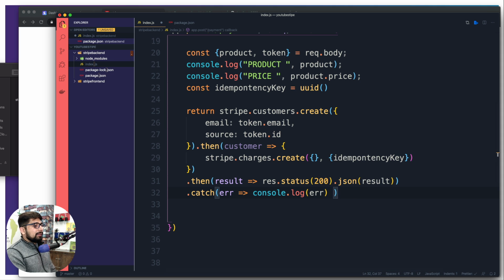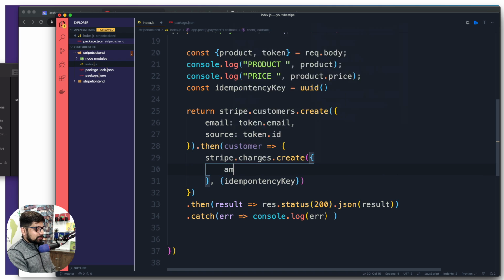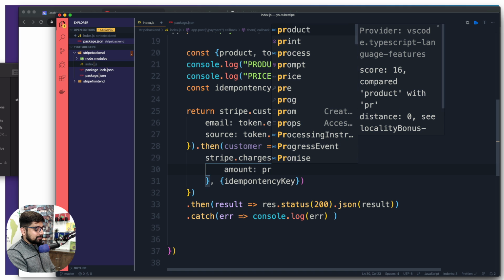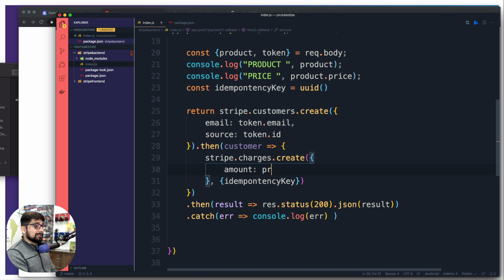Okay. Now what we want to do is in here, when you simply say create in the first object, you can extract as much information as you like. Some of them are compulsory. Some of them are totally up to you. So of course you want to grab amount, that is, how much of the amount I should deduct. And that can be extracted from the product that we are going to pass on. Product, if I can write that,